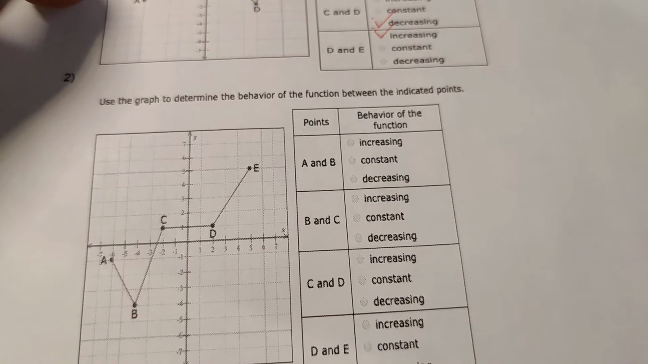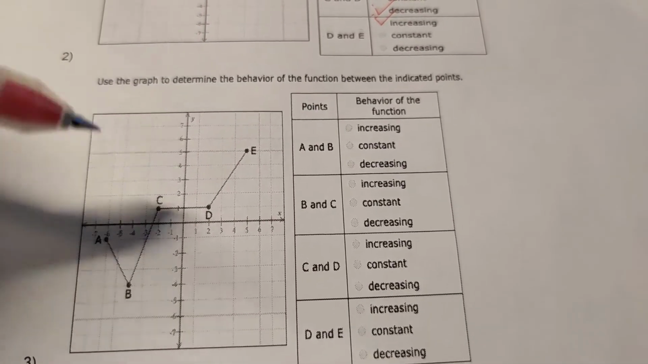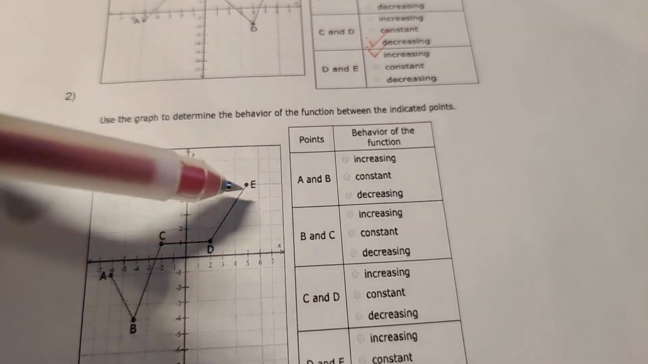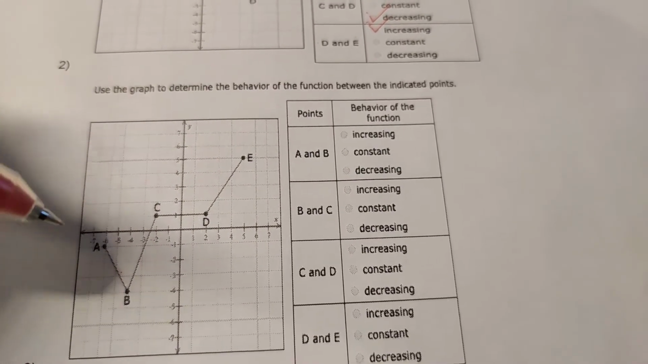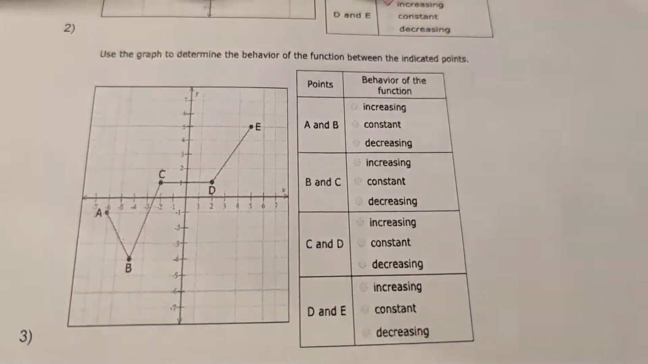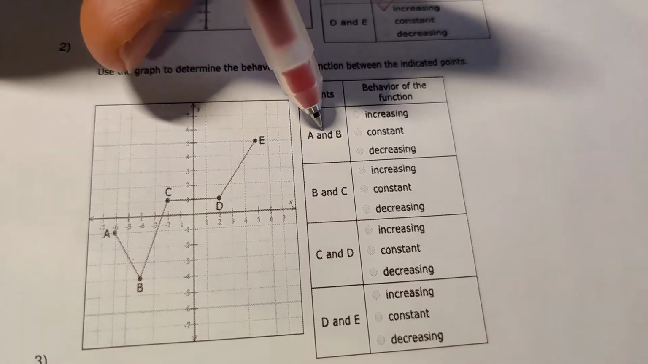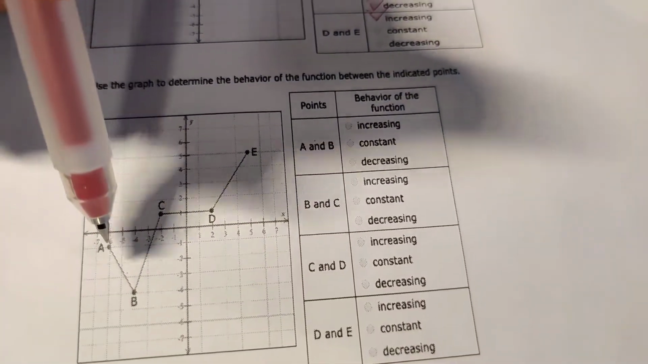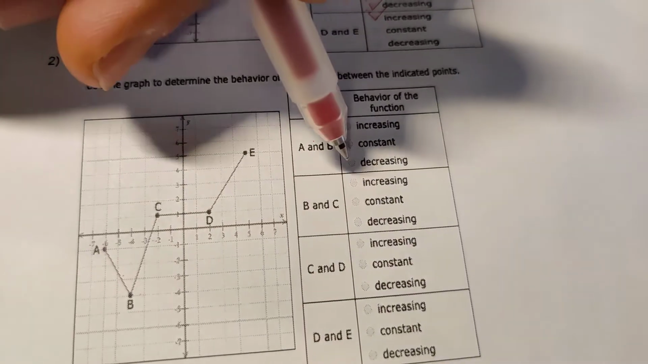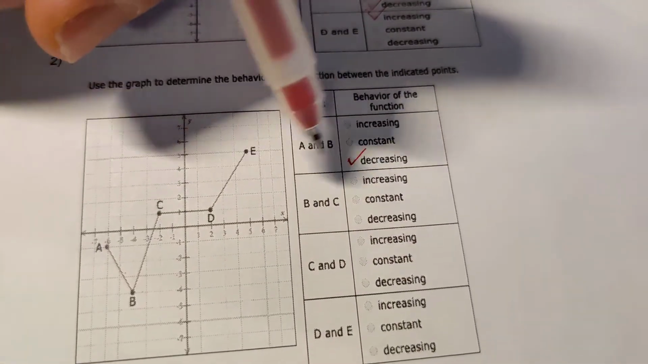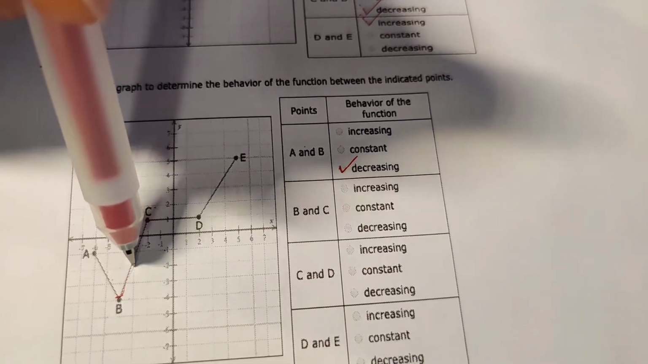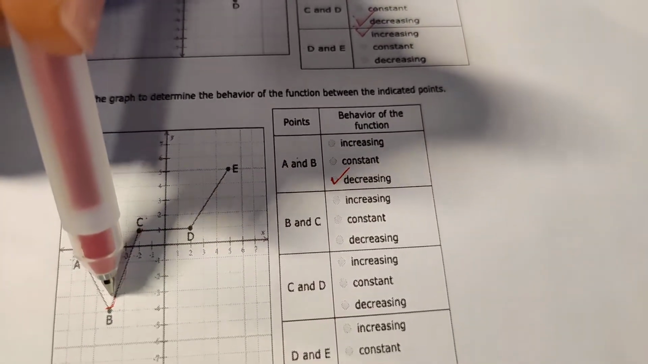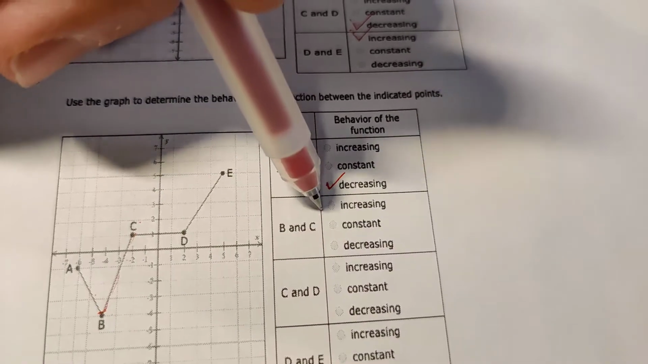Okay. Next one, same thing. Again, we've got a graph made up of 4 different line segments. Our task is to determine what's happening at each of these segments. So between A and B, what's happening to the graph? Well, it's going down, so it's going to be decreasing there. B and C, what's happening? Well, to get from B to C, I have to move my pen in an upward direction. So that's going to be